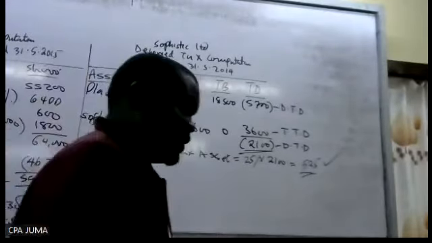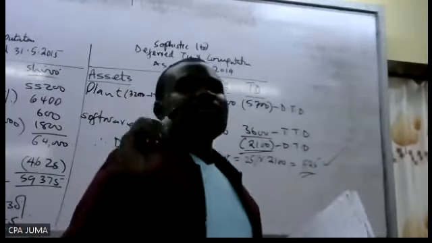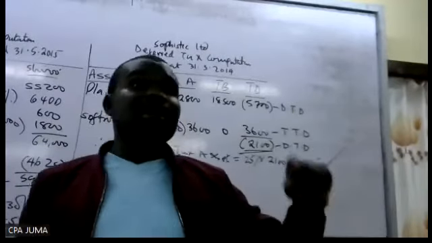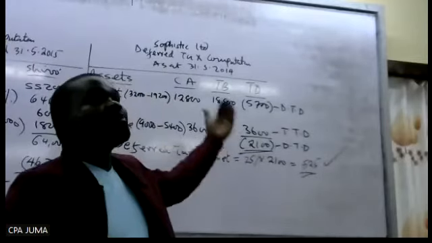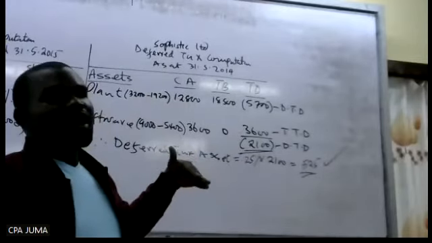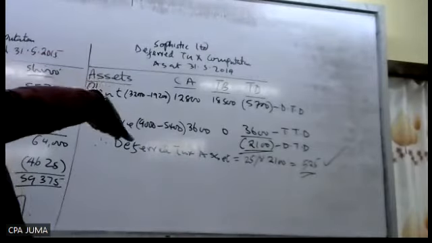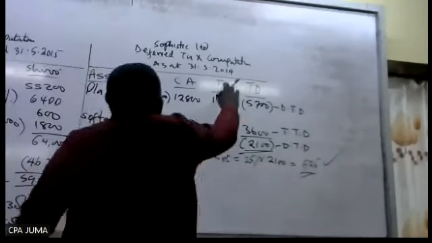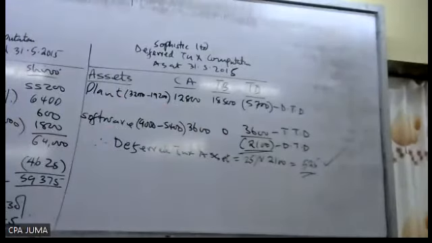Deferred tax liability account. For which year? 2015. So for me to come up with deferred tax liability 2015, I must determine deferred tax for 2015, so that the one for 2014 will be the brought down. So let's do for 2015. Me, I'm just deleting this, then I'm doing for 2015. So I just change this to 2015. Then I delete all this working. So if you have that arrangement,